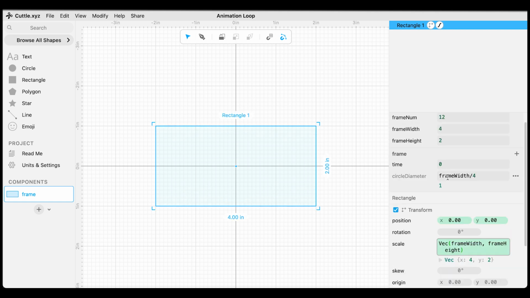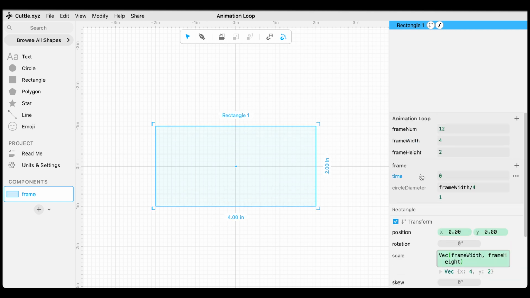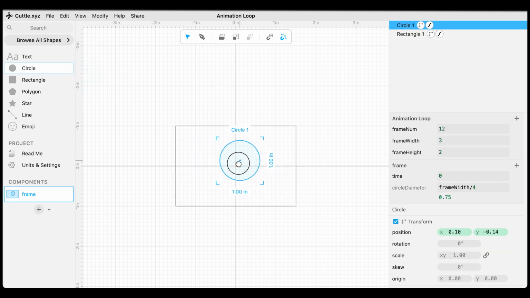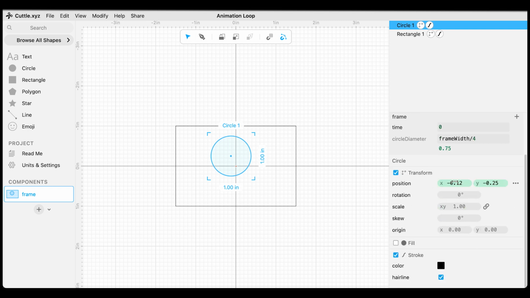Now we have a rectangle that has the frame width and the frame height. I'm going to drop this back down to 3. Now I'm going to pull in a circle, and now we have an additional shape listed over here on the top right, and the circle is selected, so we have the variables applied to the circle down here in the lower right. I'm going to put this again at the origin and change the scale, which it defaults to being